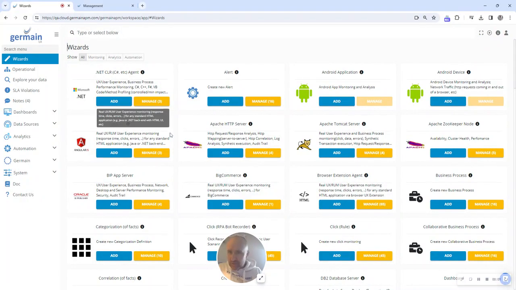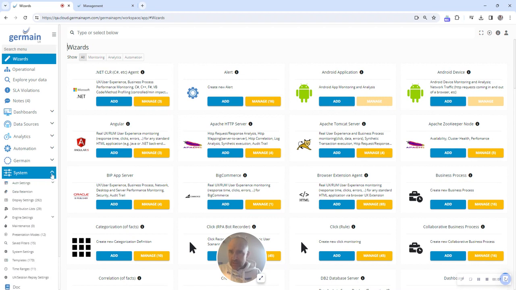Hi, today I'm going to talk to you about what you have in the system folder on the Germain Workspace. So let's take a look. The very first thing that you have is